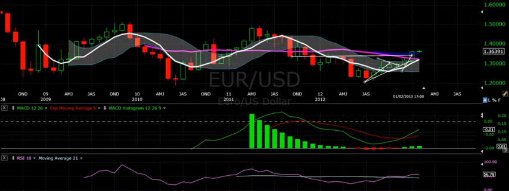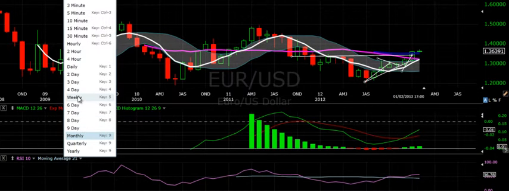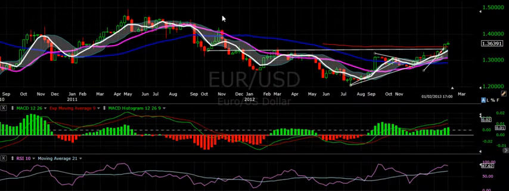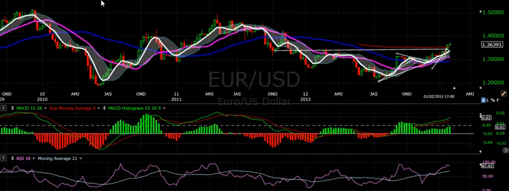So this is the US dollar or euro US dollar, and we're looking at the moment at a monthly chart. We want to start with a longer time frame and then gradually move in, and let's go back into the weekly chart. So what we can clearly see is, even if we go back here,